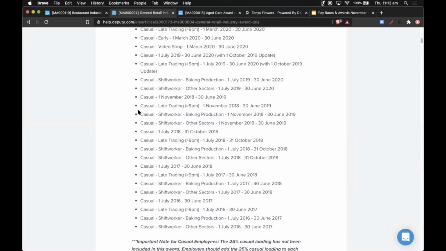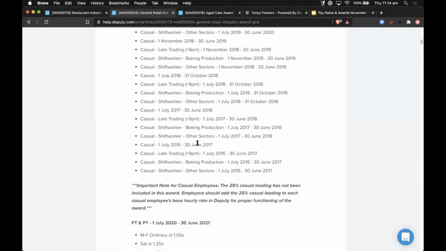So to have Deputy approve a timesheet and know, based on the time and attendance parameters that have been approved in the timesheet, that this particular pay rate needs to be invoked instead of this other one, it's a pretty tricky thing. So that's why when you're approving timesheets, it can take a minute if you're using a complicated award with a very big list of timesheets. And so this is why it's really good to have on hand the award that you're using in the Deputy Awards Library.